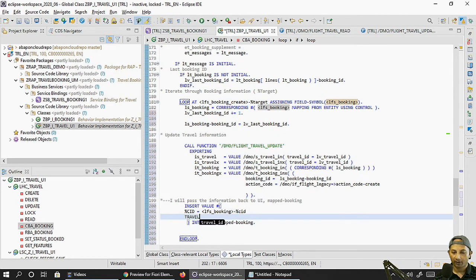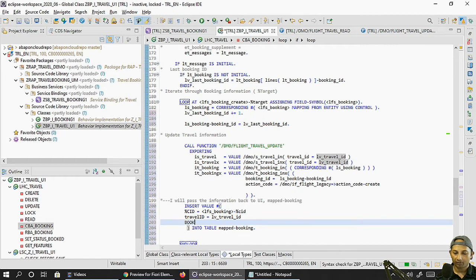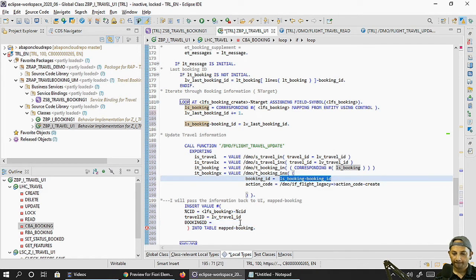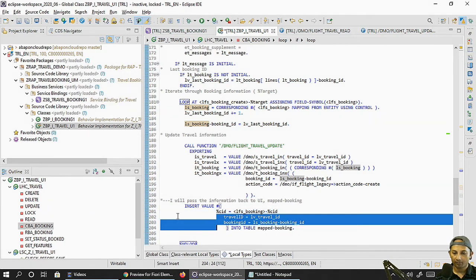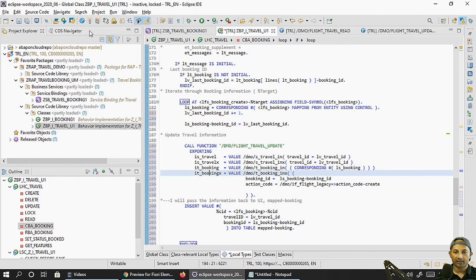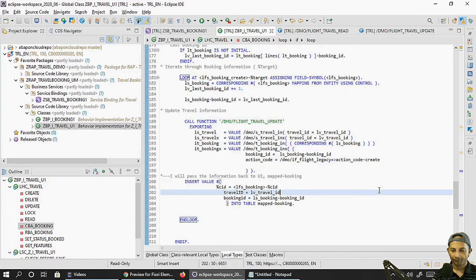Next we have to put travel id, you have to pass the travel id from here. We can copy it, paste this travel id, and also you have to pass booking id, that we can take from here. Okay, so these are the things we are going to pass back to our mapped structure, right? So we are done almost. What next we have to do, we have to activate the code. Okay, that's it, and we'll test now, see whether it's working or not.